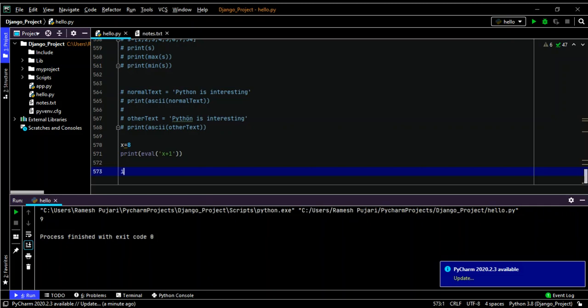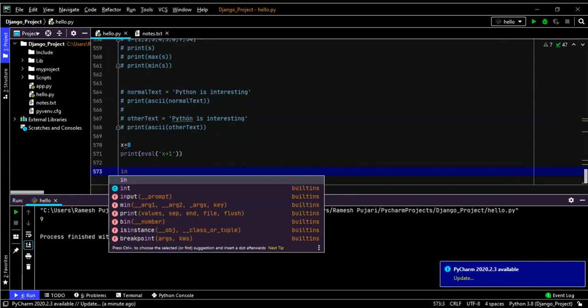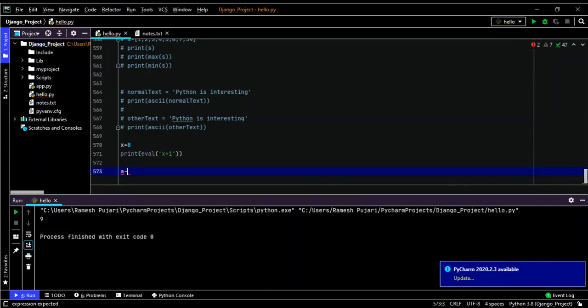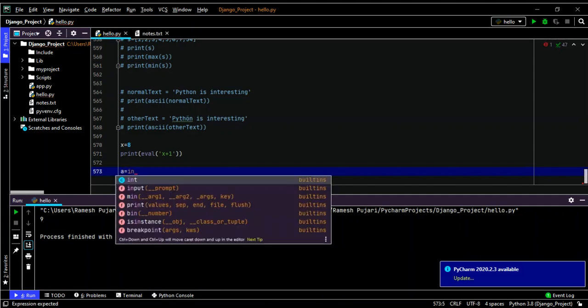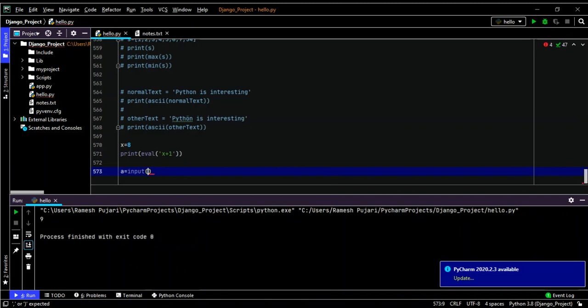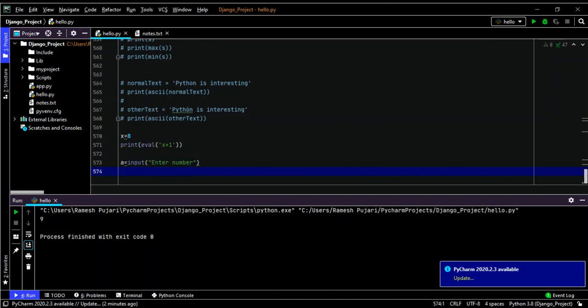So now I will take a is equal to input, enter the number. I'm taking this as a number.